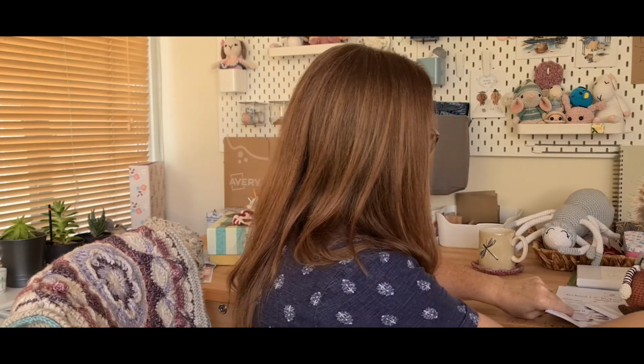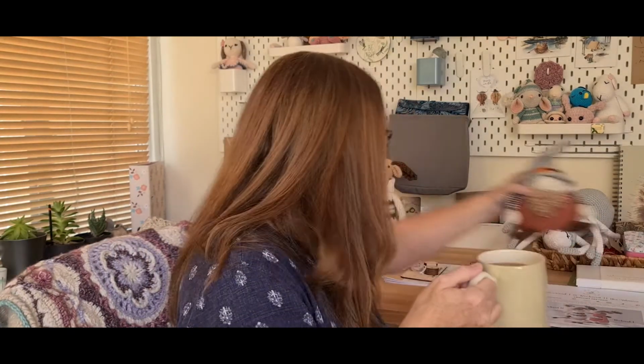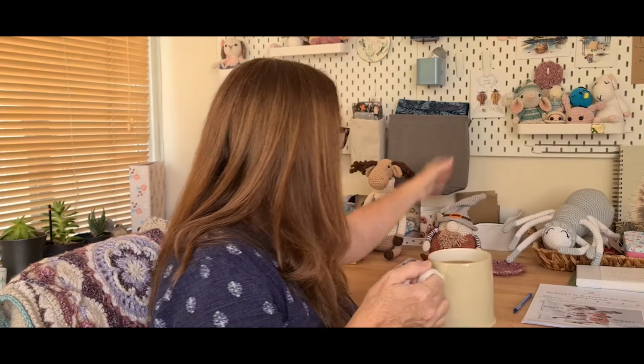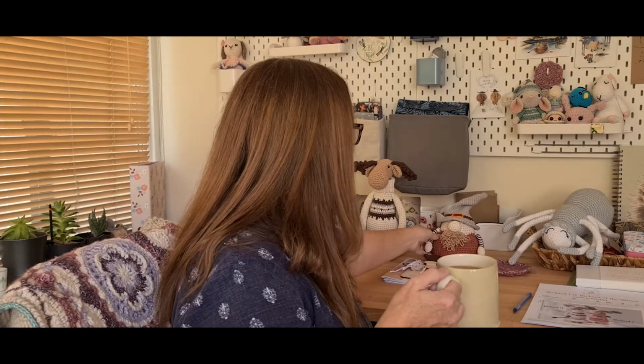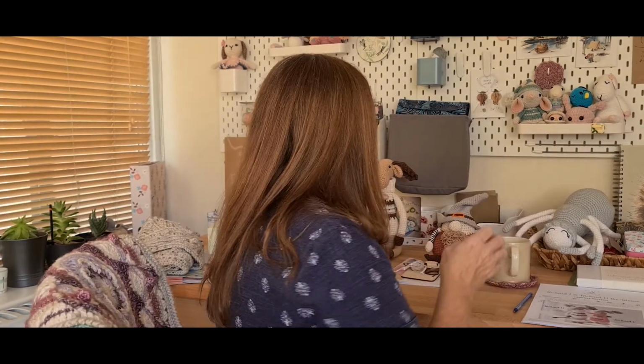So we'll carry on with Firefly Crochet, because I did buy another pattern of hers. I'll put him back there, and he's quite a good size as well. That's what I like about it. He currently sits on our mantelpiece above the fire. So next up,